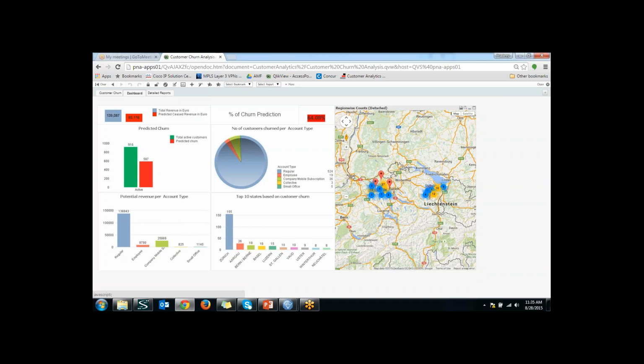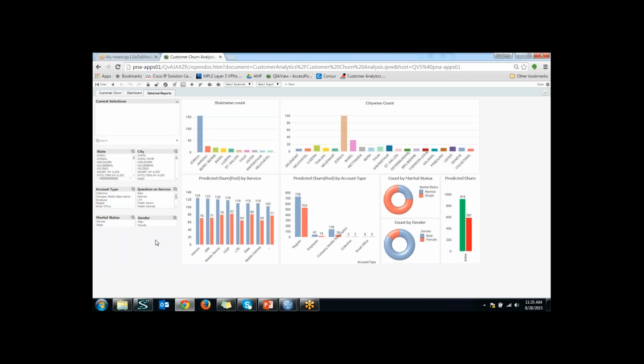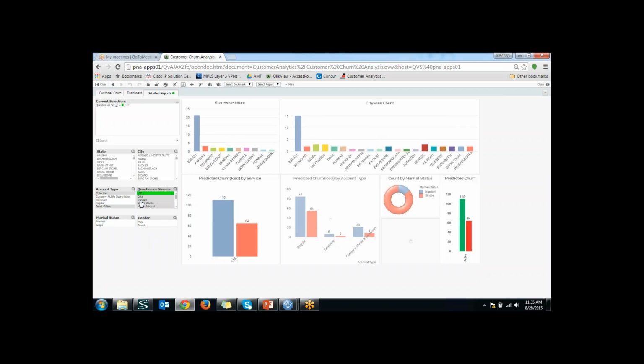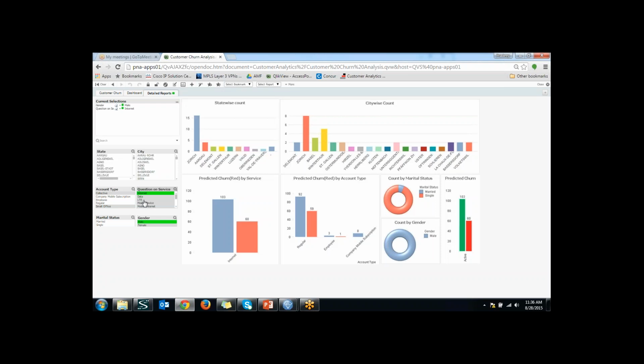Similarly, we can go into a detailed report, and if you want to see a drill down option of say how many customers who have called customer care with a question on LTE service are going to leave, this would give you a detailed view of that. If you want to do a gender wise analysis to see how many male customers are going to leave who have questions on LTE, it can also be anything else. It can also be like for internet. You would be able to see this flexible